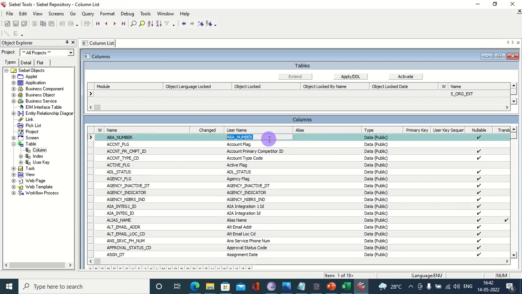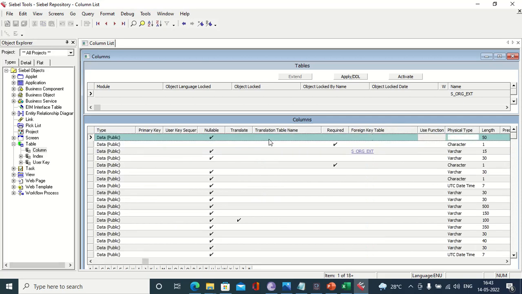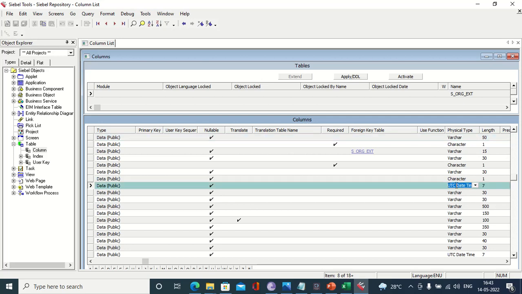Now after this we have the data type. Okay, so some of the columns will have varchar, some will be character, some will be date time. So these are different physical data types which we will be using. Okay, we can even define the length. So all these things we can provide. Okay, now